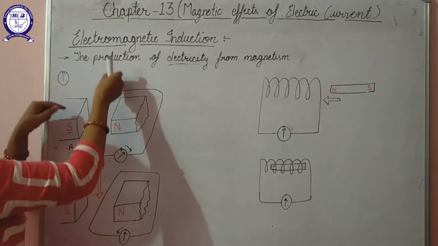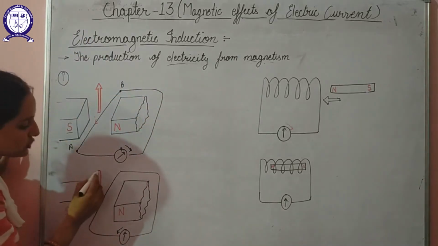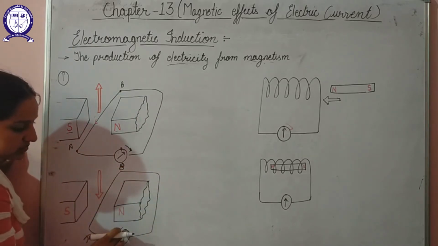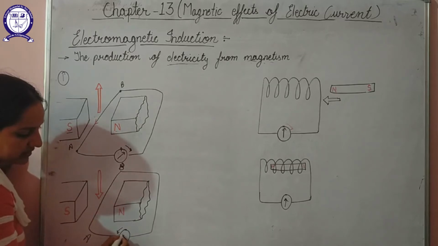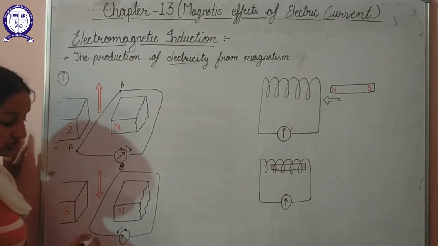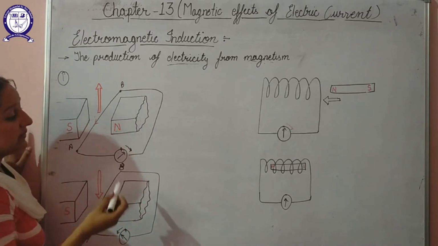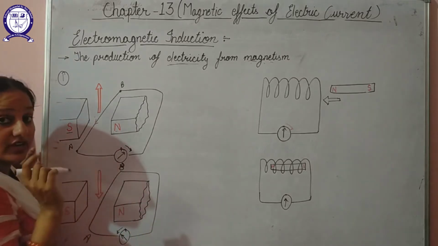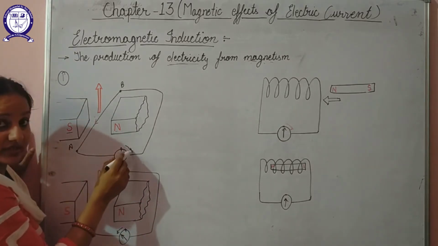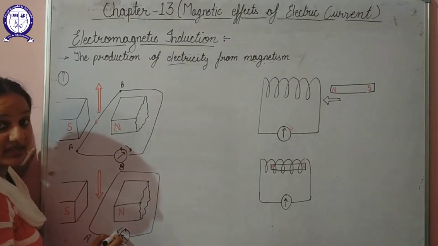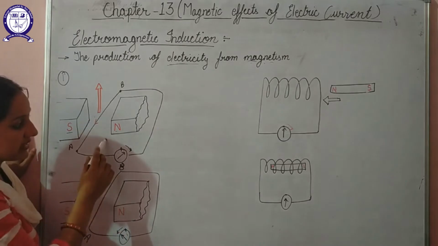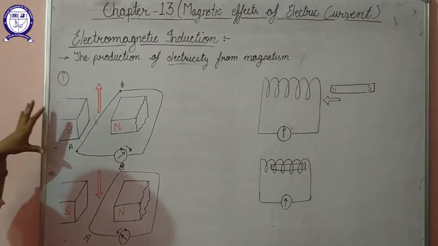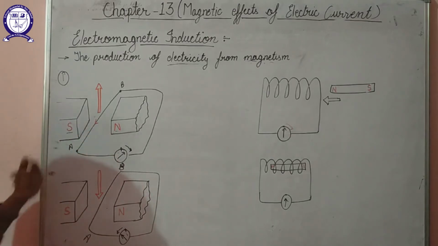Again, if I start to move this wire AB in the downward direction, then what was observed? Again some deflection was observed in the galvanometer, but in the opposite direction. So this opposite direction shows that on reversing the direction of movement of this conductor, the direction of induced current has changed. Here it was showing deflection on the left side, here it was showing deflection on the right side. This shows that the direction of current in both the cases is reversed. This was about the first case, when we have practiced it using a straight conductor.